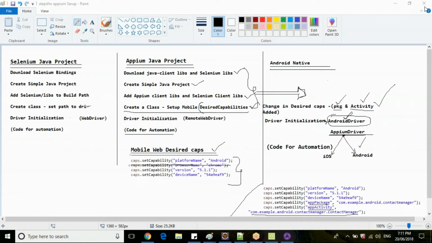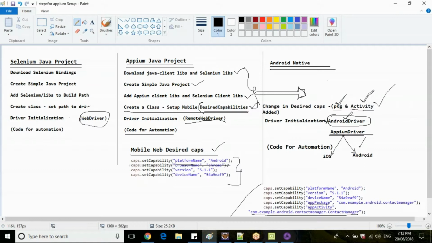So this is the process we follow here. For Selenium, it's pretty clear, straightforward. Everyone is clear with this, right? For Appium mobile web, instead of WebDriver, the process is the same. We are using RemoteWebDriver, and we are setting up capabilities with browser. And when you are working with native applications, meaning applications which don't require internet connectivity and are installed in the Android device, you need to use package name and activity name.